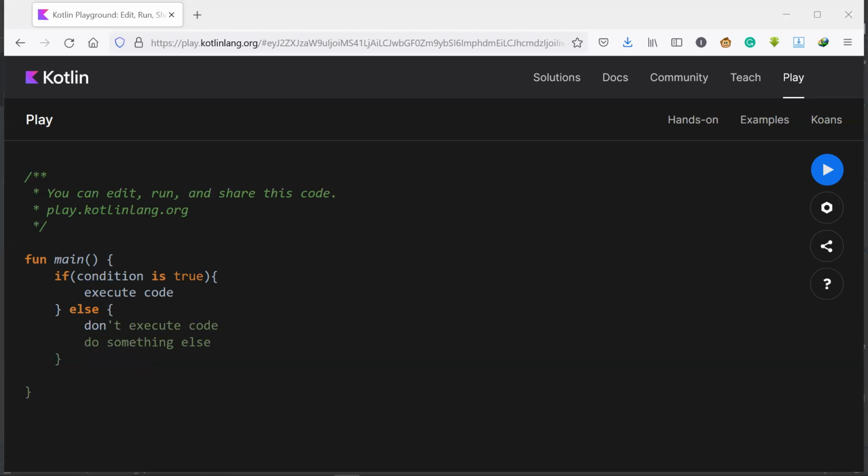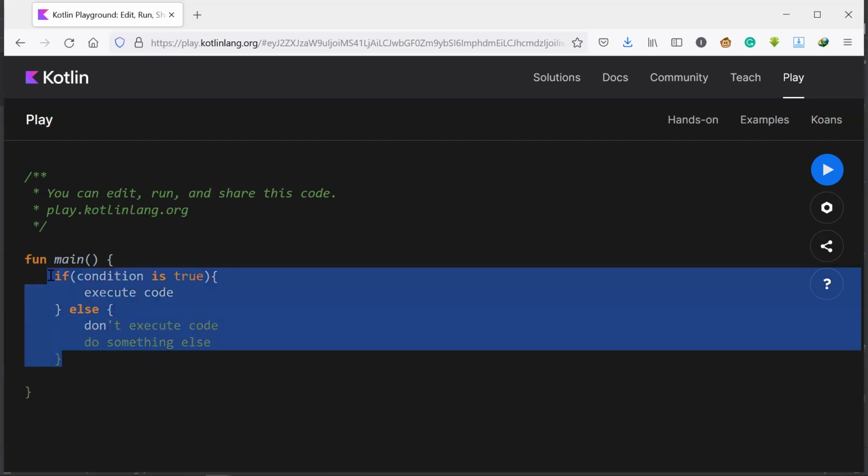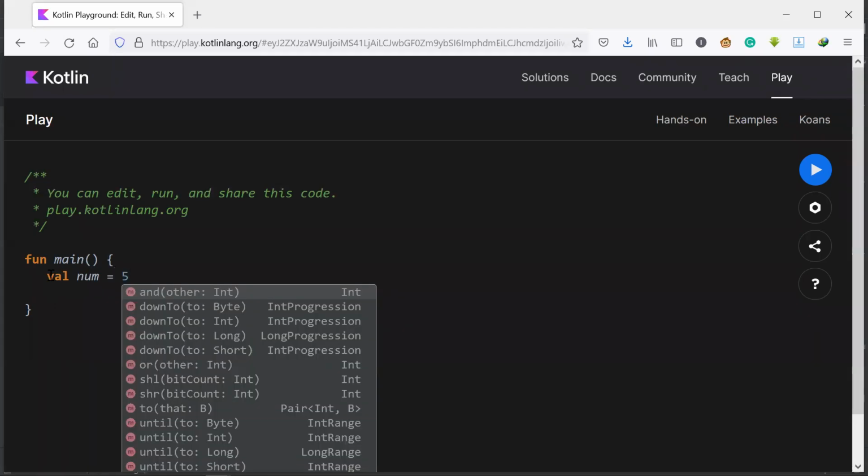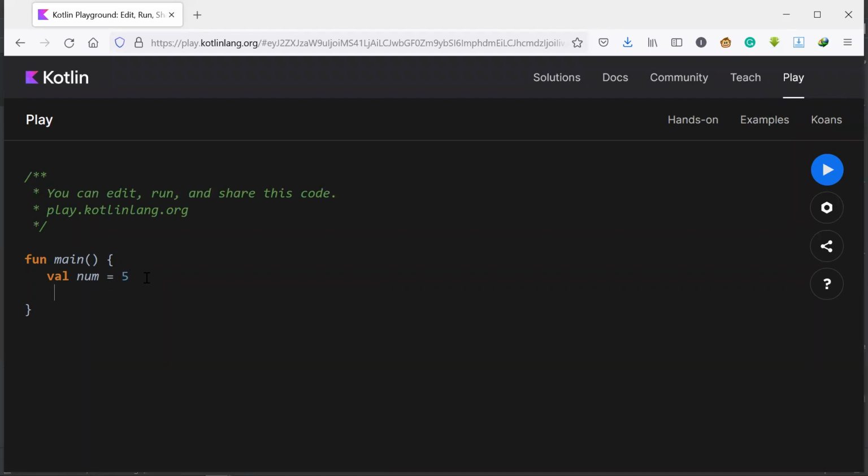Let's write a simple if statement now. So first of all, I'm going to create a variable called num. I'm going to store 5. I'm going to say num has the value of 5. Okay, now, what do I want to do? I want to check something. I want to say, so if num, now remember num is actually 5, if num is greater than 4, rather,